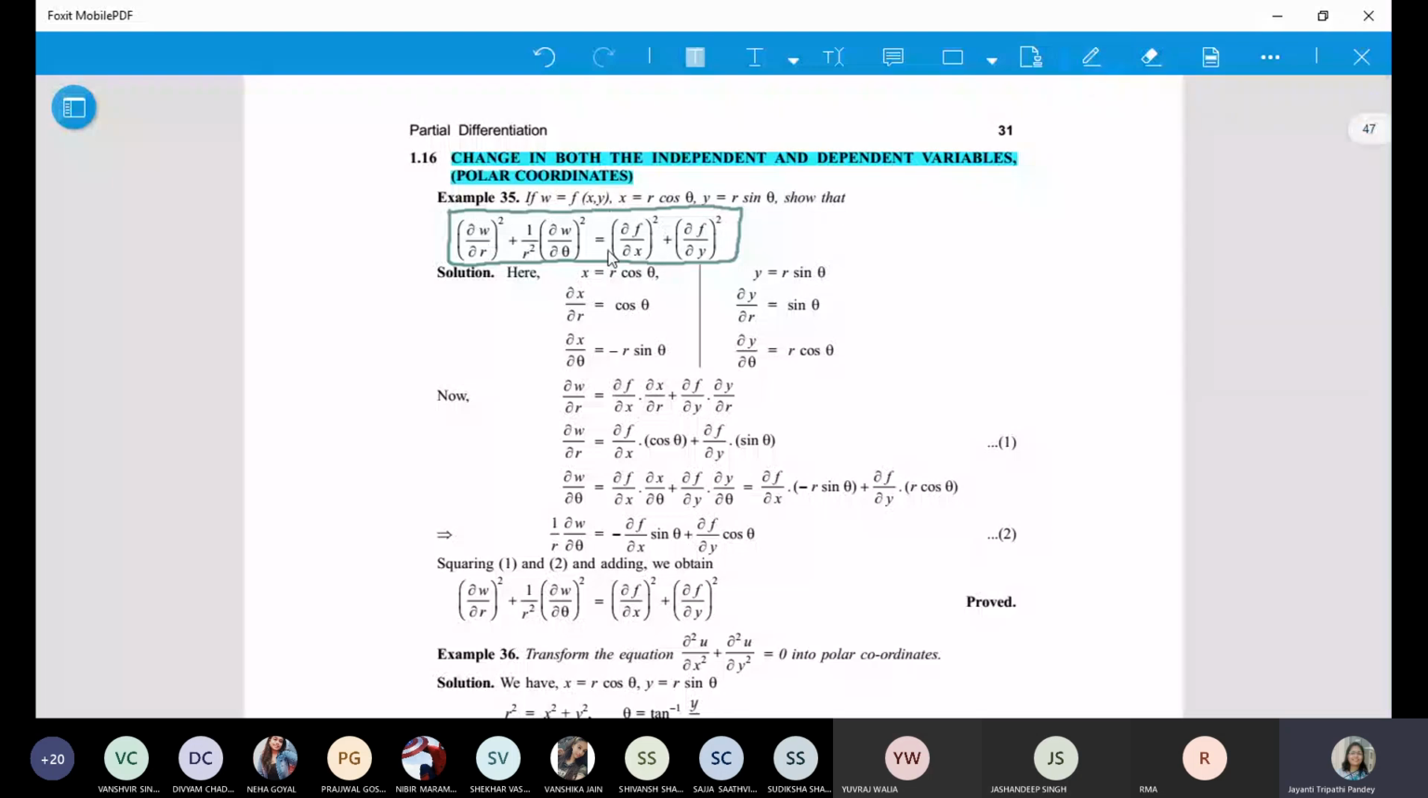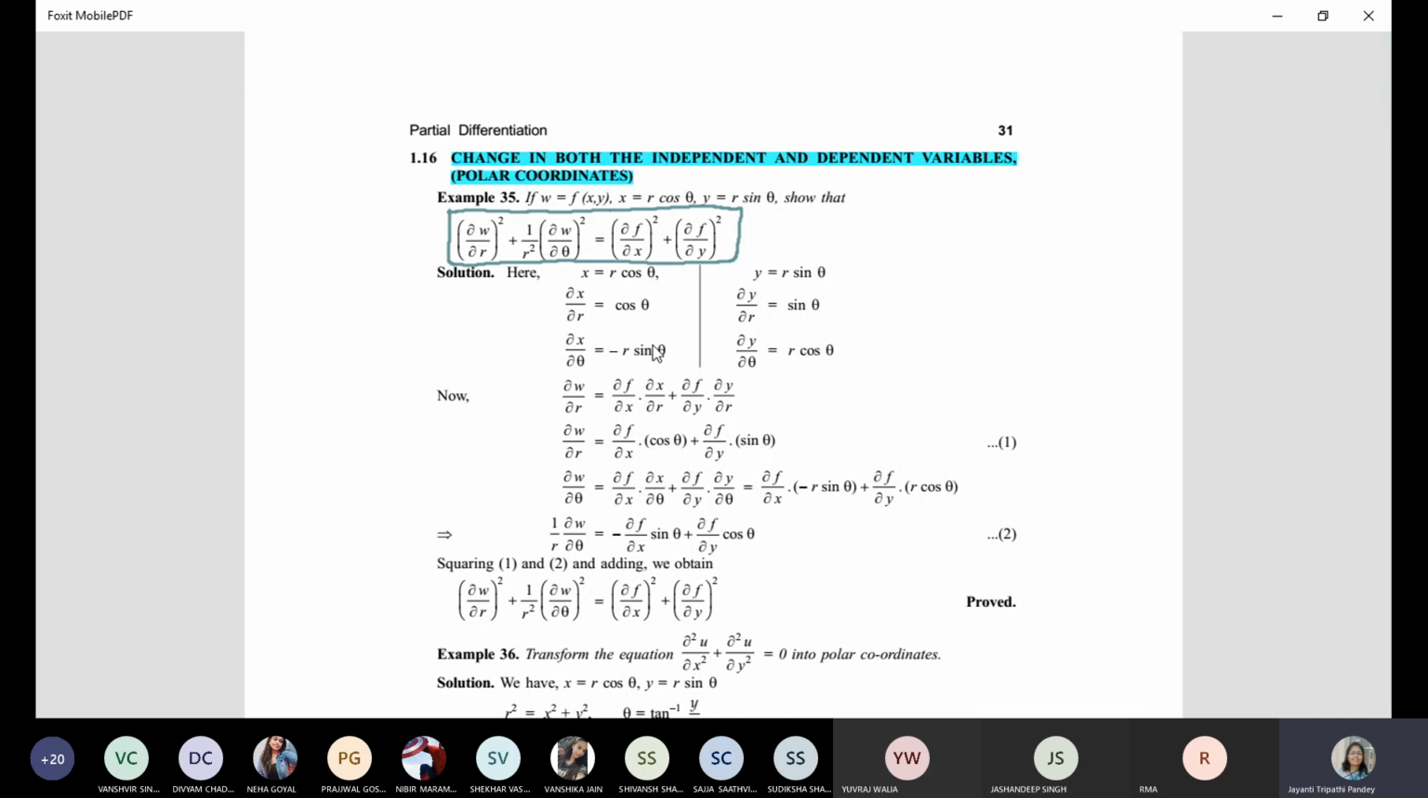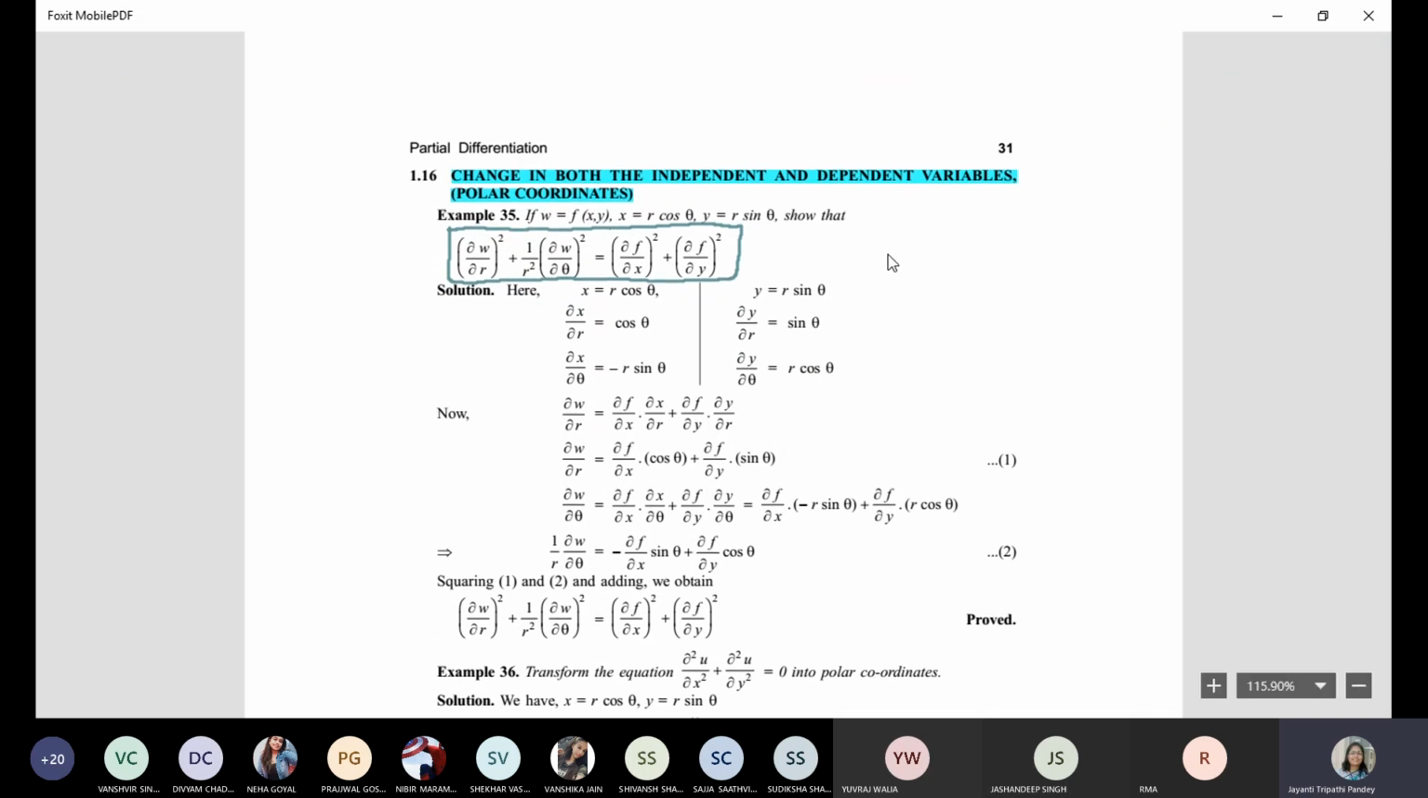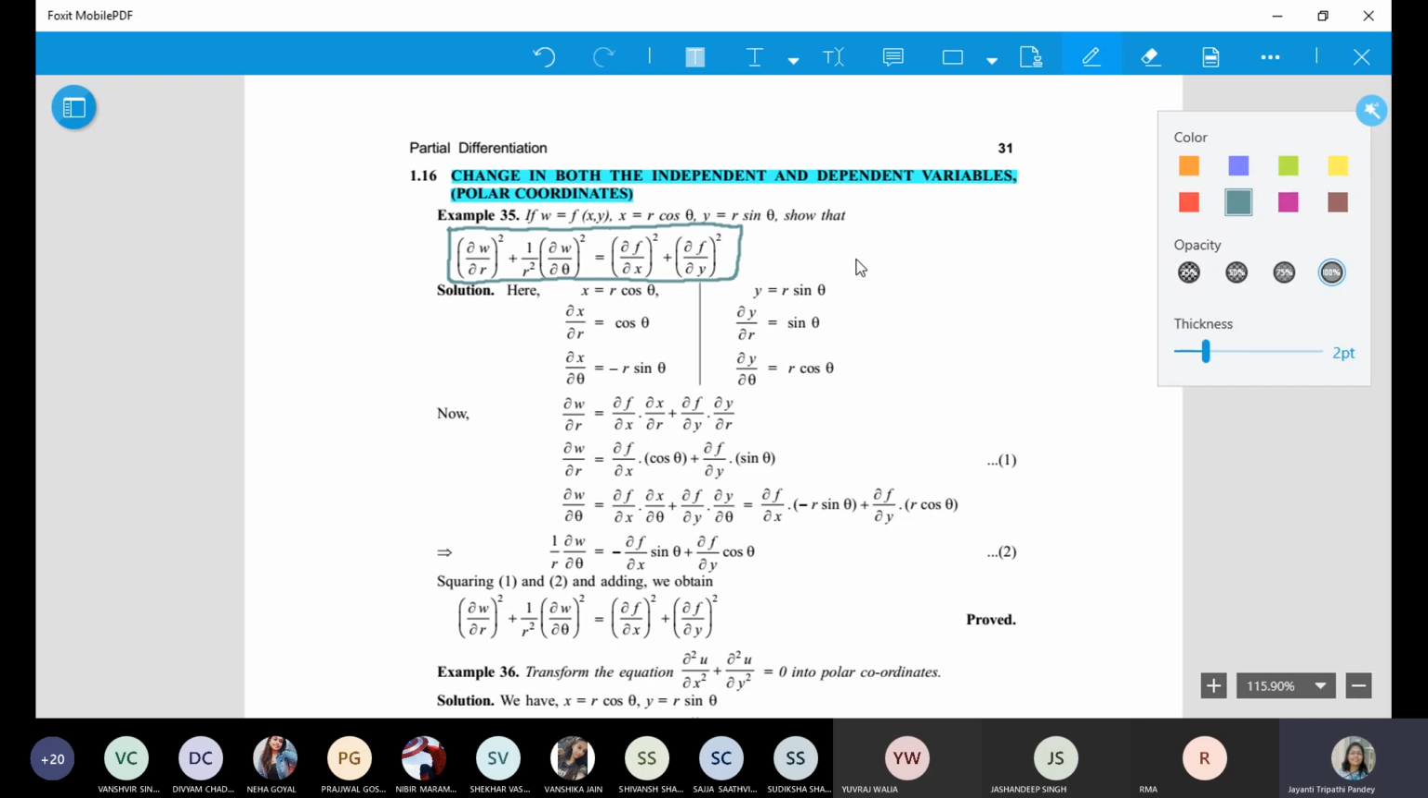Now see this. You have x is equal to r cos theta, so del x by del r is cos theta, del x by del theta is minus r sin theta. Okay. Similarly, del y by del r is sin theta and del y by del theta is this. Now just understand